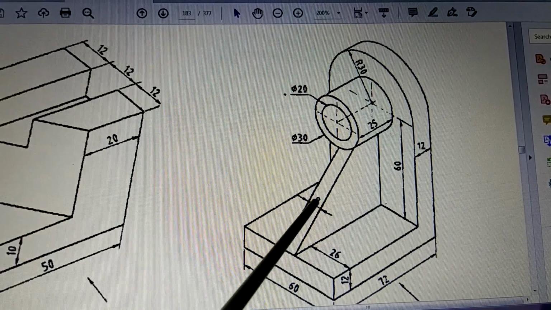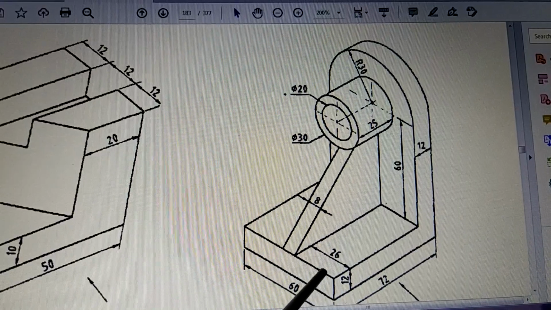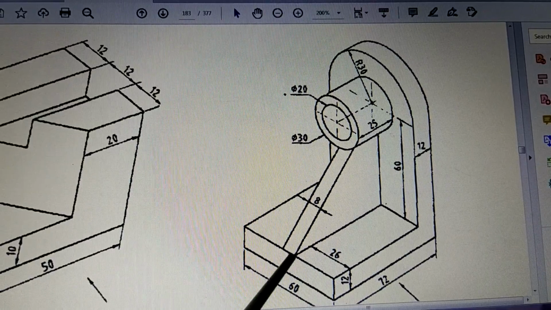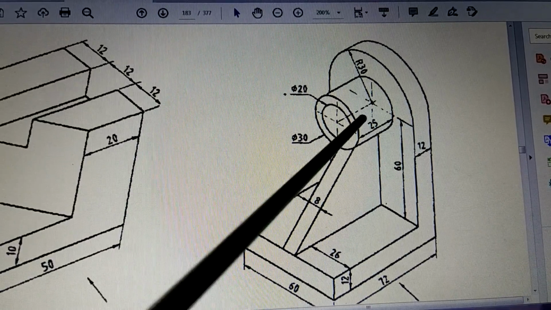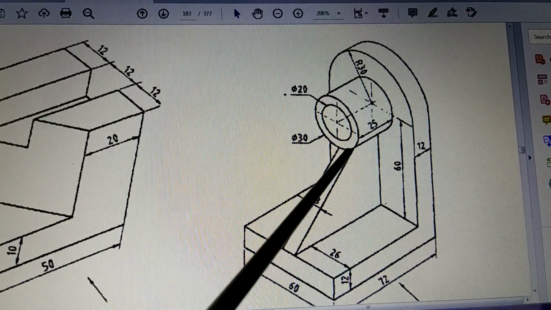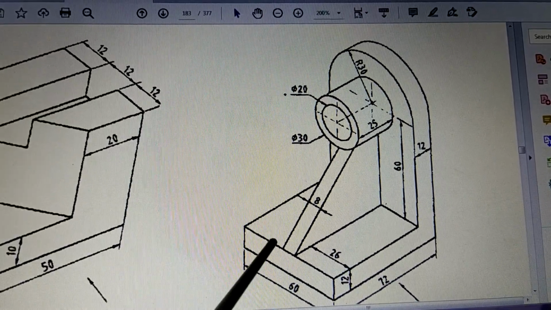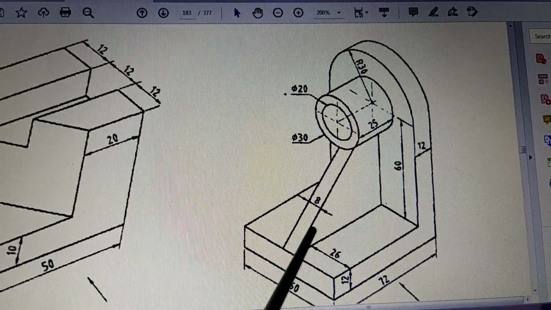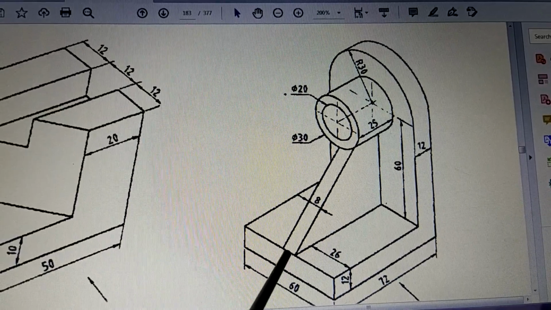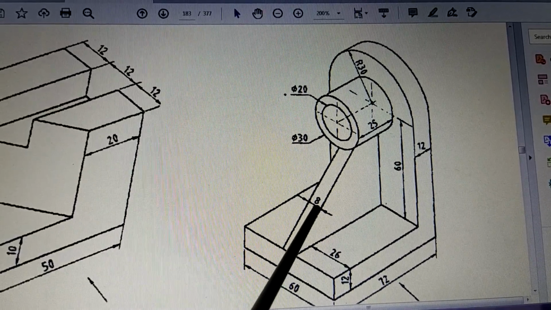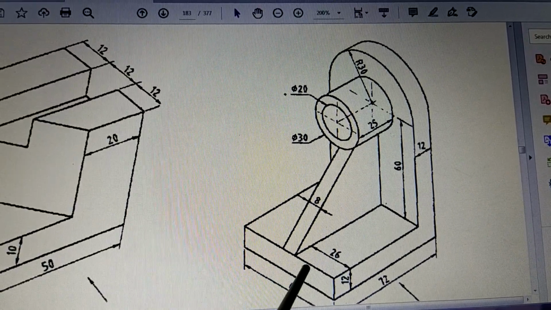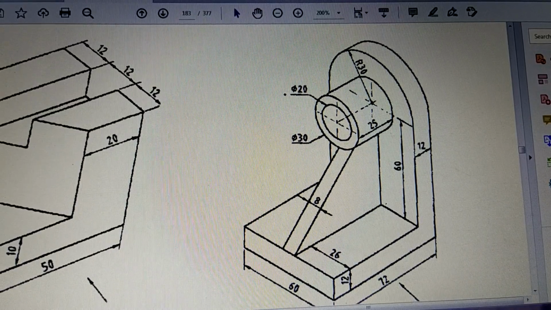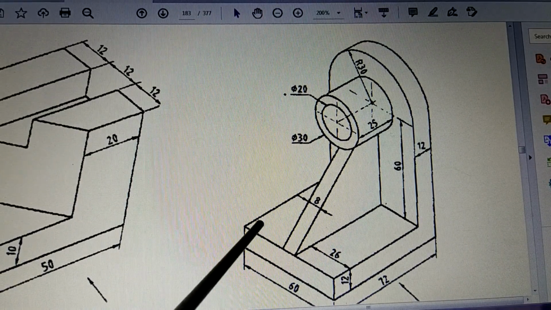How do you draw a rib? This rib is drawn with a width of 8, with a distance of 26 from one side and 26 from the other side. These inclined lines will be drawn as vertical lines. These two vertical lines will come and touch the cylinder. So you have to draw this point. These inclined lines will be seen as vertical lines, exactly perpendicular to this, forming something like a T shape. The only thing is that here this line will come because there is a change of level. So this line will still come. That becomes the left hand side view. You have to draw these figures as your exercise for this particular practice sheet.